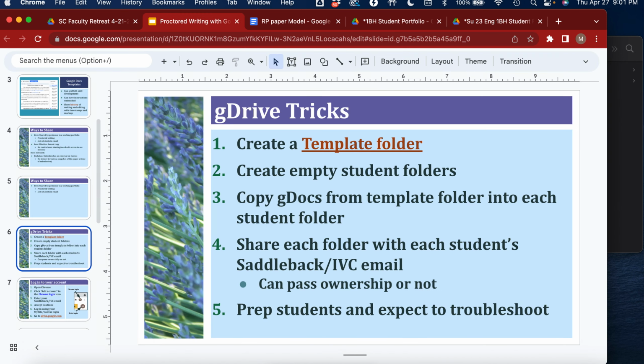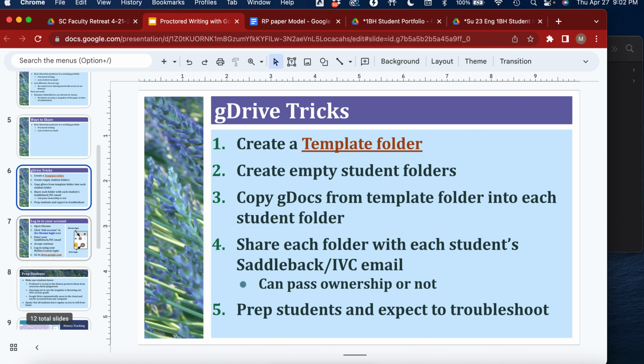The other thing you want to do is prepare your students and expect to troubleshoot with them, especially the first few weeks of class on a longer class or the first couple of weeks on a shorter class if you're at an 8-week. You're going to spend some time working with students on how to find things or connecting them to the student technical support. After I've shared their folders,